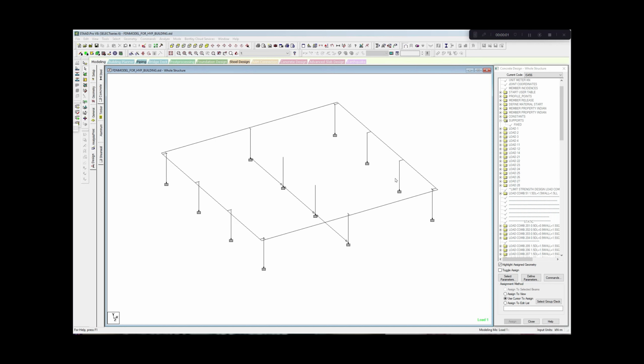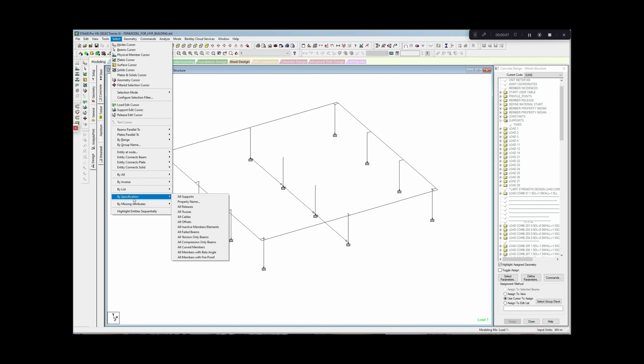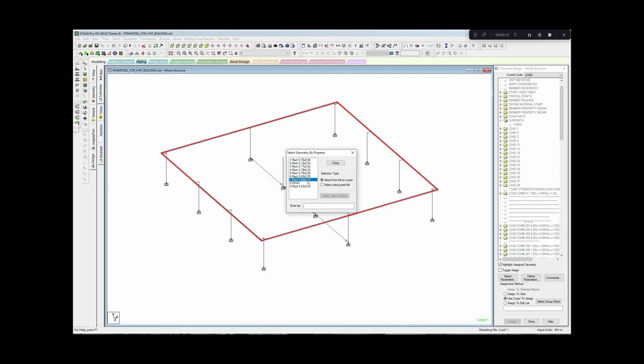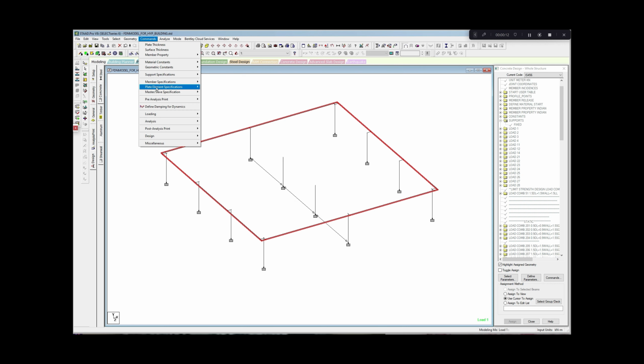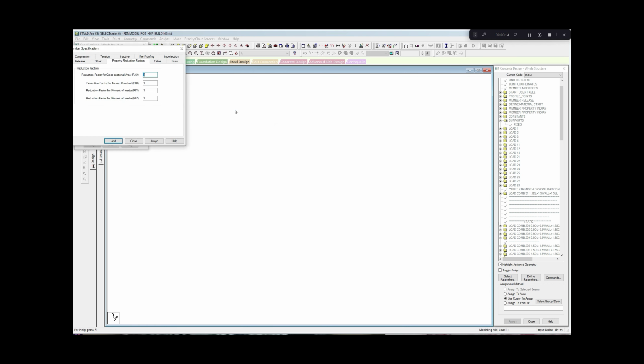So we shall assign 35% of the I gross to this plinth beam. Select by specification, property name. This is our plinth beam. Go to command, member specification, crack property. So we'll release reduction for cross sectional area, which will remain the same. We'll release this torsional value because the code allows us to neglect torsion